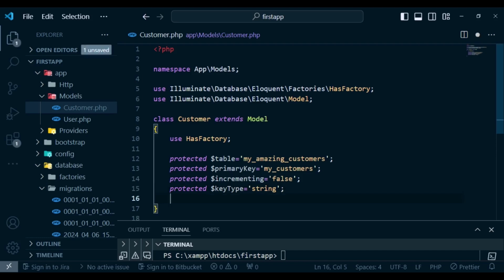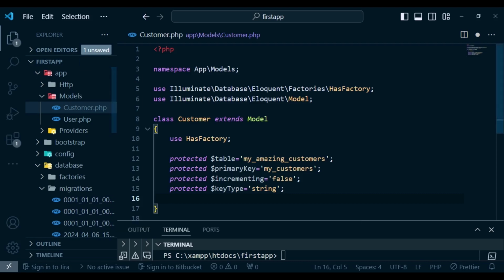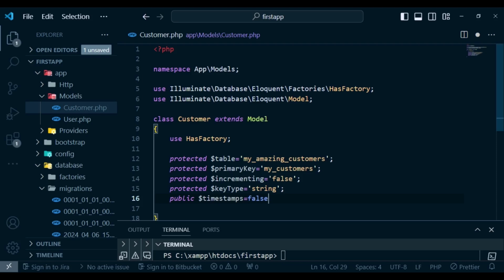We can also set the timestamps to false. Remember, when we created our table, it created for us the timestamps, that is, the created at and updated at. You can also come and set the timestamps to false. So you can say public timestamps, and you just set it to false like that. And even for this incrementing one, we're setting it to false, it is not a string. So we can also set the timestamps to false, and then now you will have to remove the timestamps from